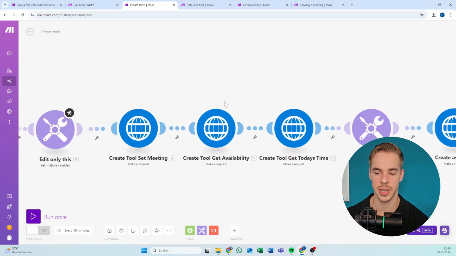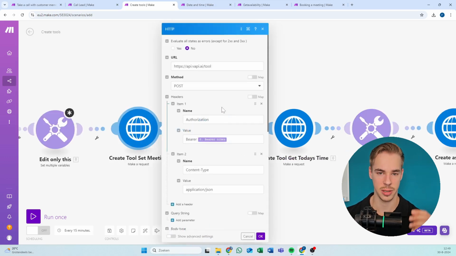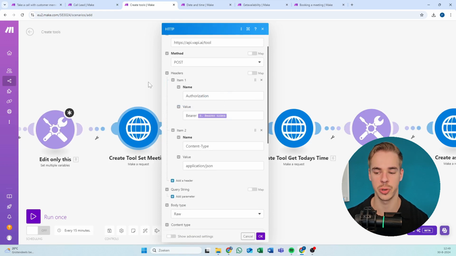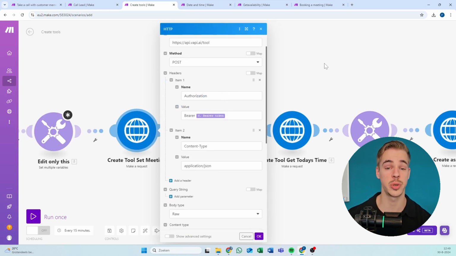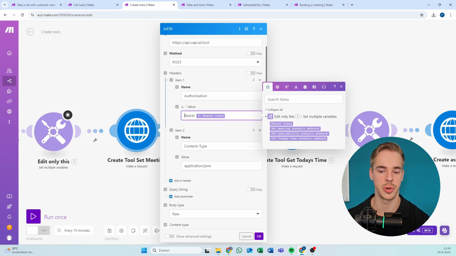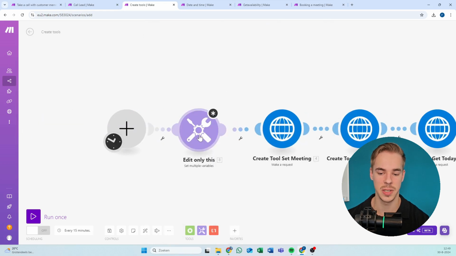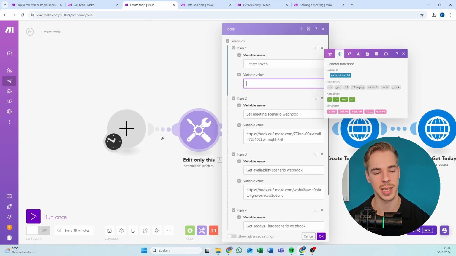So what you're actually doing is sending API requests to Vapi AI to create a tool or to create an assistant, which you would normally do in the Vapi AI environment. So you would log into Vapi AI and build the tool. But just to make it a little quicker for you guys, I've made an automation for that. So for example, here you're going to add your bearer token, but I've made this a variable, so you don't have to edit any of these. You just have to put your bearer token in here, and then it will automatically place it in the right spot in